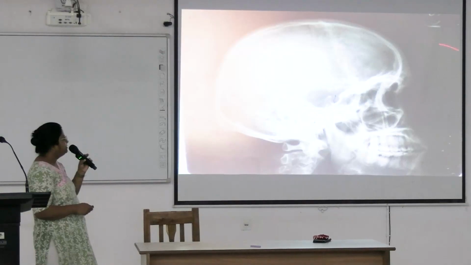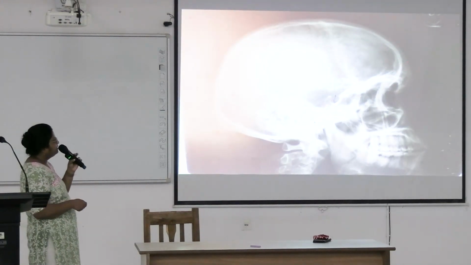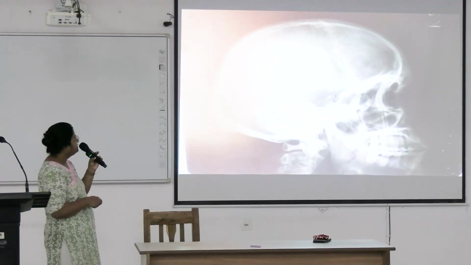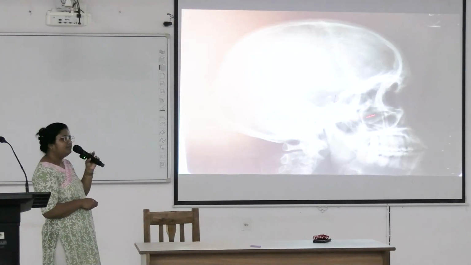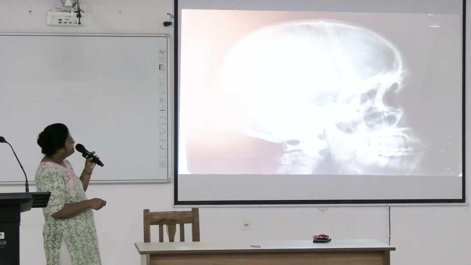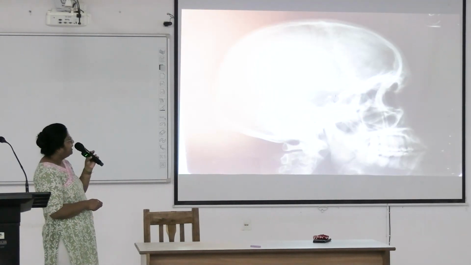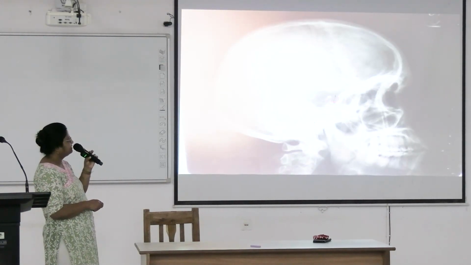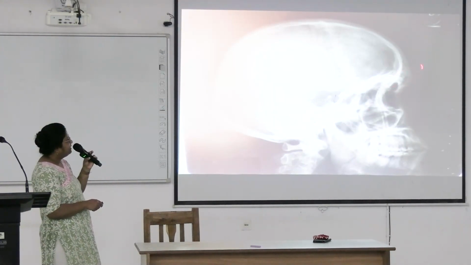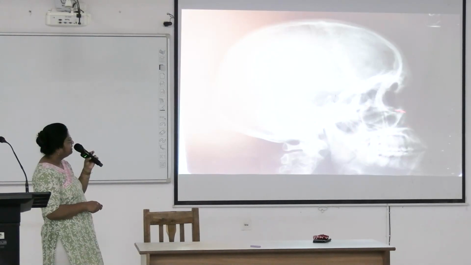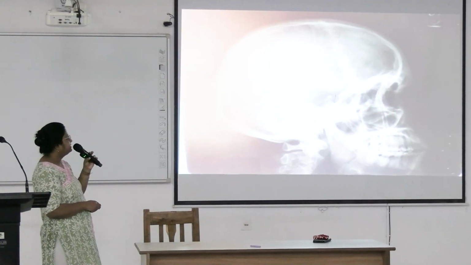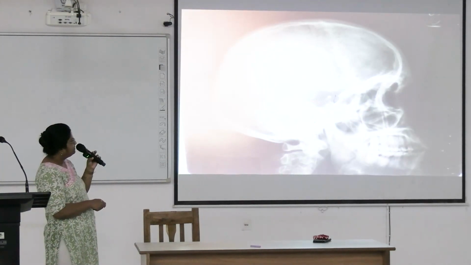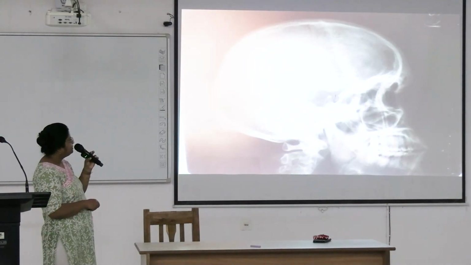Here, this is the lateral view of the skull. This X-ray is also present in our department. The sella turcica was given. This is the anterior cranial fossa, anterior clinoid process, posterior clinoid process. In between these two, the sella turcica. Below the sella turcica is the sphenoid air sinus, frontal air sinus. Here is the orbit, maxillary air sinus. And here is the location of the temporomandibular joint, external acoustic meatus, petrous part of the temporal bone. Here are the mastoid air cells.